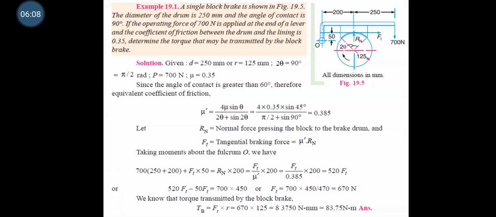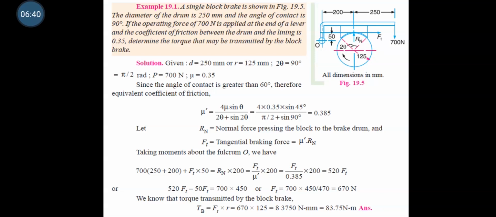Now go through the examples, exercise sums. A single block brake is shown in the figure. The diameter of the drum is 250 mm and the angle of contact is 90 degrees. If the operating pressure of 700 Newton is applied at the end of the lever and the coefficient of friction between the drum and the lining is 0.35, we want to determine the torque that may be transmitted by the